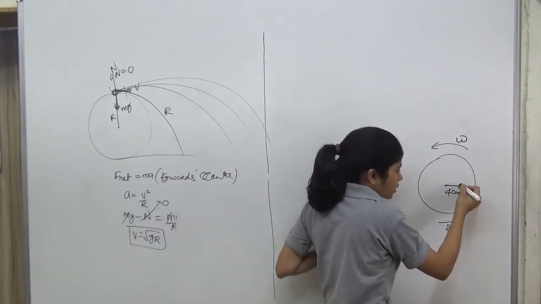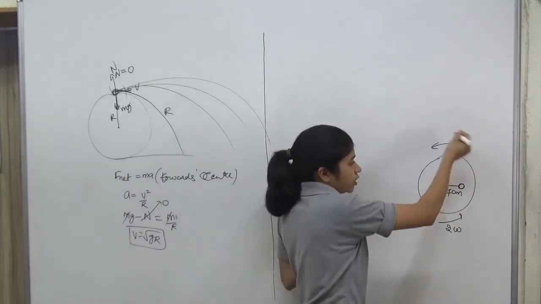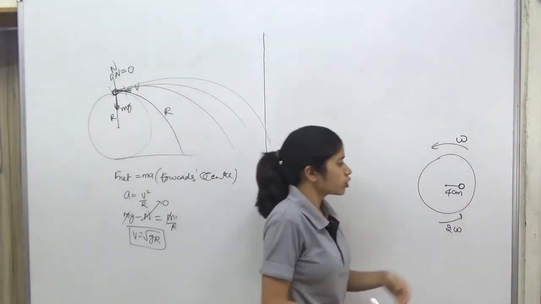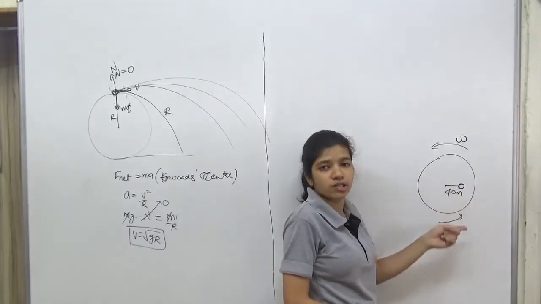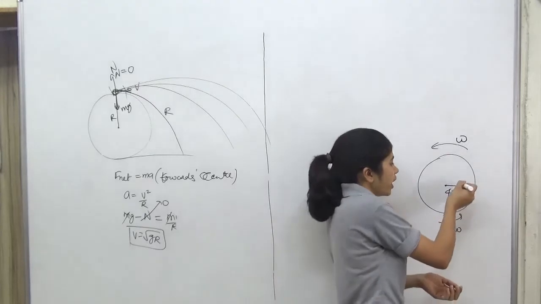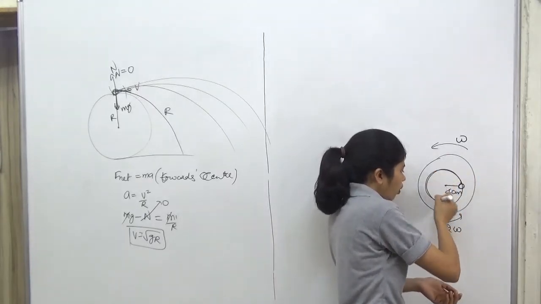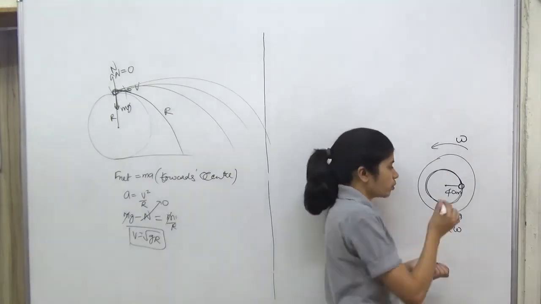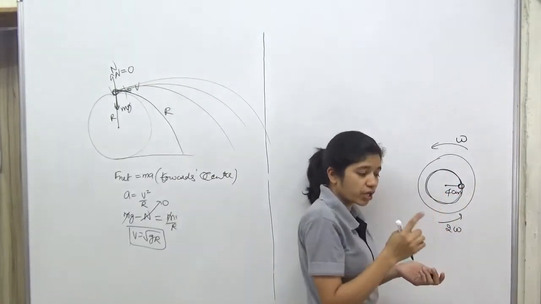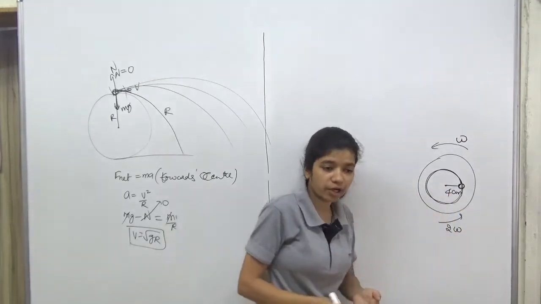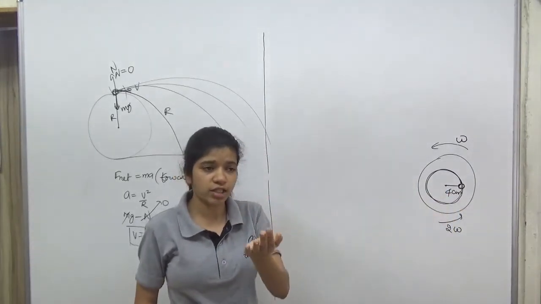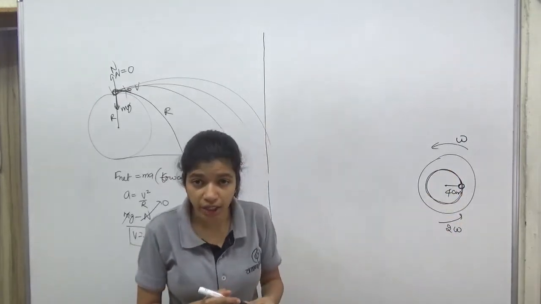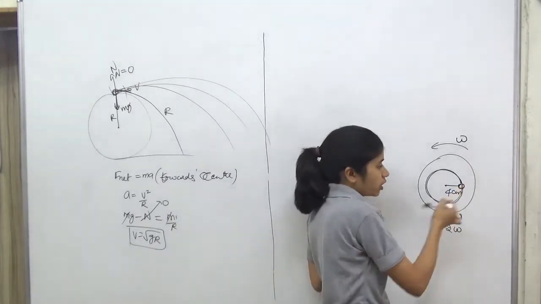So now if we look at this coin, this turntable is rotating with omega. So let's say this coin is not slipping. This coin is not slipping means it is also rotating with omega on this circle of radius 4 cm. How is it possible? It is possible because friction is there. There is some friction between the turntable and the coin, and that's how it is able to rotate on the turntable. If there were no friction, there would be no force on it, okay.